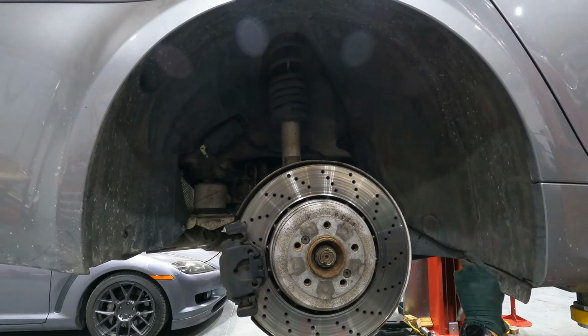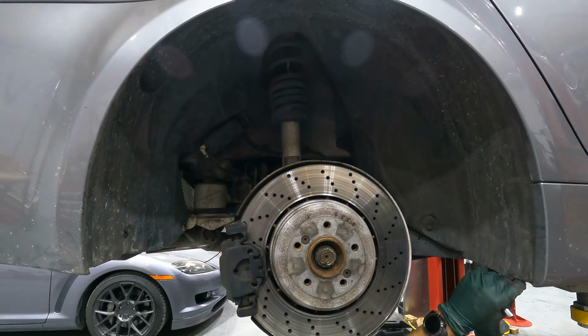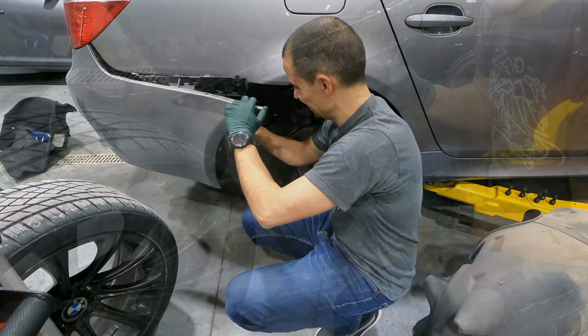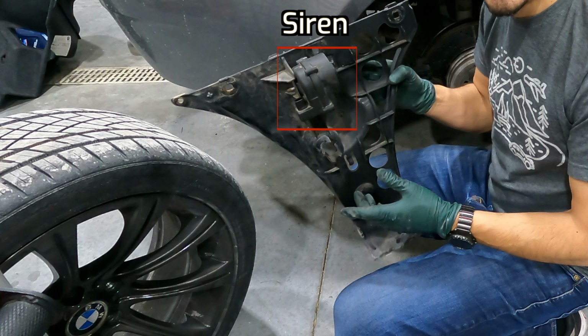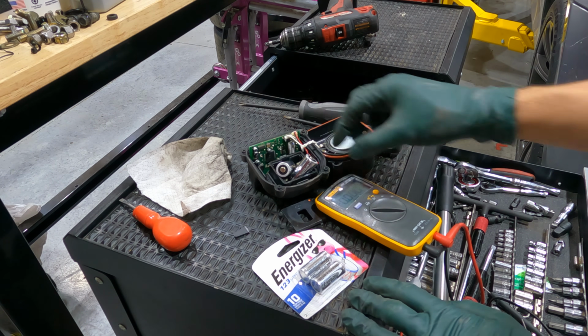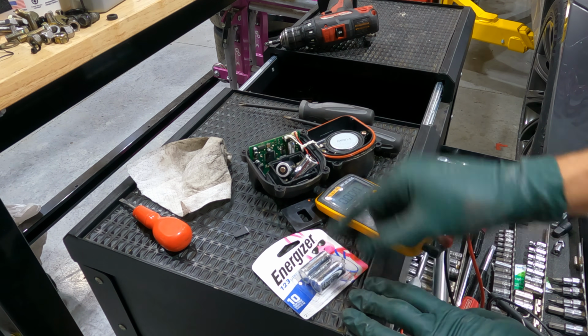So in the rear right, just underneath the bumper, it's easy to get to, you just take out the wheel lining. The Siren sits there on this plastic sort of triangle. So by removing that, you can actually crack open the Siren and replace the two batteries, the two lithium batteries. Here are the batteries. Now they're measuring okay, but here are the new ones. So even though this is a